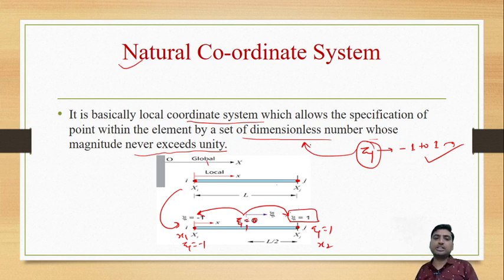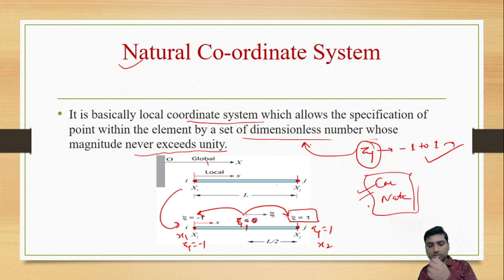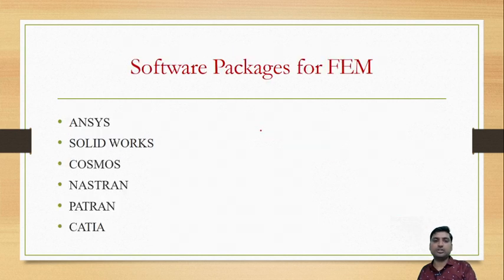Why we are using the natural coordinate system, global coordinate system and local coordinate system, we will come to know well in the derivation of the shape function. We will derive the shape function in terms of Cartesian coordinates, then natural coordinates and so on. There we will see the use of natural, local and global coordinates. This is just an introduction video, so just understand the thing. It is just a representation of the coordinate system where we add a dimensionless function whose value never exceeds unity. So this is all about natural coordinates.